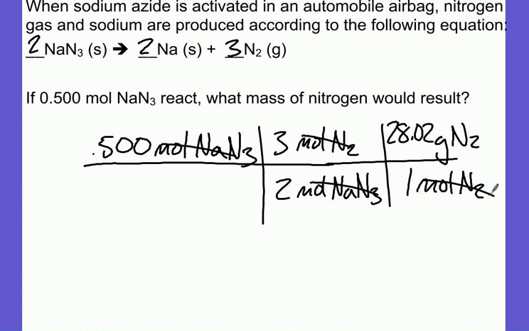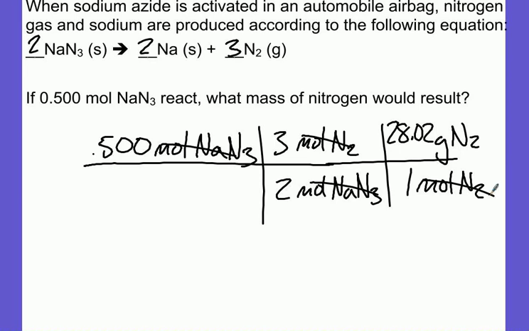So I know in this case that I'm going to take half of 28.02 from the get-go. 0.5 times that would be 14.01 again. Divide that in half and it'd be like 7.005, and then take that times 3, it should be 21 or something like that. So I'm going to grab a calculator here real quick just to make sure, but 0.5 times 3 times 28.02 divided by 2 gives me an answer of